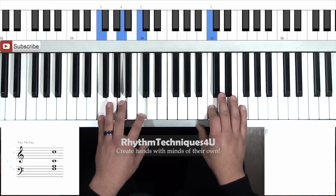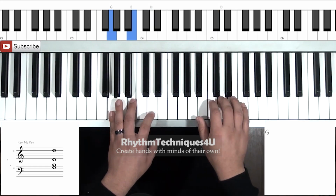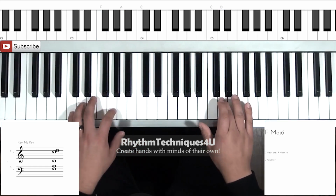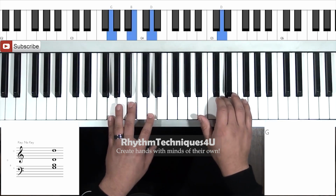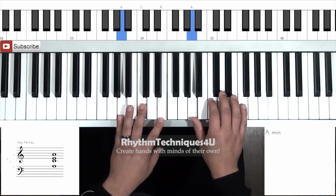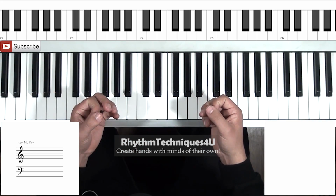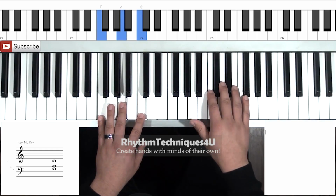One more time. Okay, so the right hand's doing this. So you're hitting a lot of D's over and over. And what you're doing here is you're mimicking, like I've mentioned already, ZAYN's voice. So he's singing this part. I don't know the words, but it goes something like...